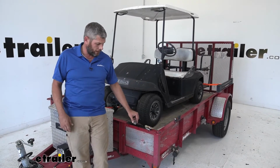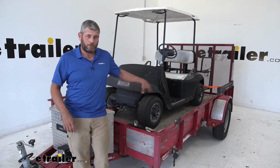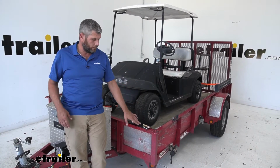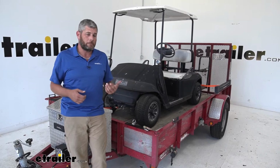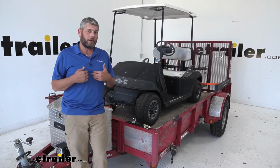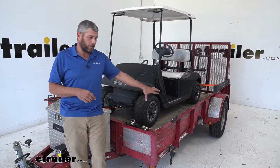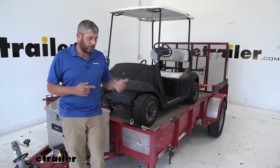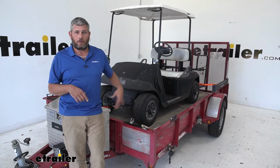If you want to use the same style connectors on the entire trailer, then this will run right along the floor really well. That dome shape will allow you to roll stuff over it. But outside of that, that would be my opinion. I would put this around the upper edges, and on the outside, I'd put E-Track on the floor. Now, let's take a look at a few days ago when we installed this and kind of show you how